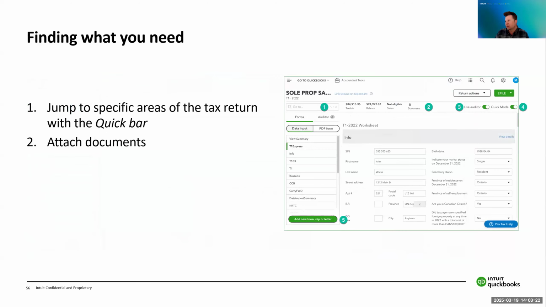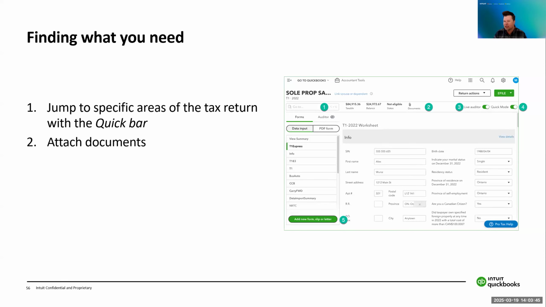Other things here, it shows the bubble in number 3 and number 4 for the live auditor and the quick mode. That has now moved to the tax settings area, which I talked about when you were in the ProTax dashboard. The live auditor and quick mode now appear there instead of on your client's tax return.